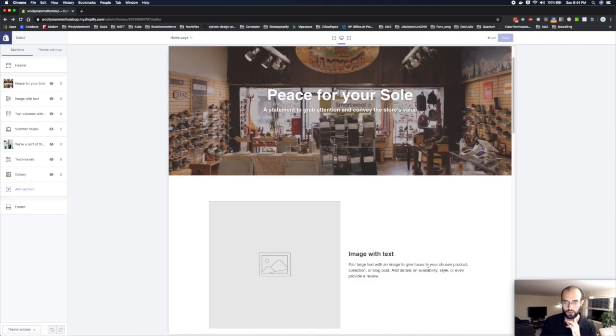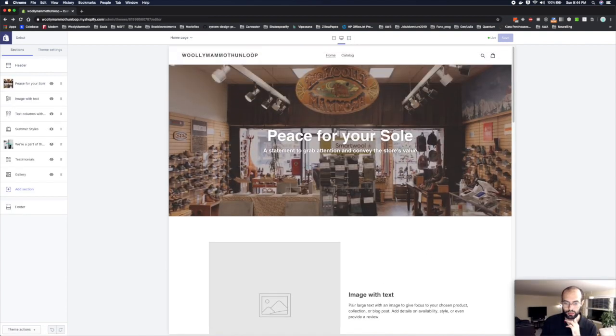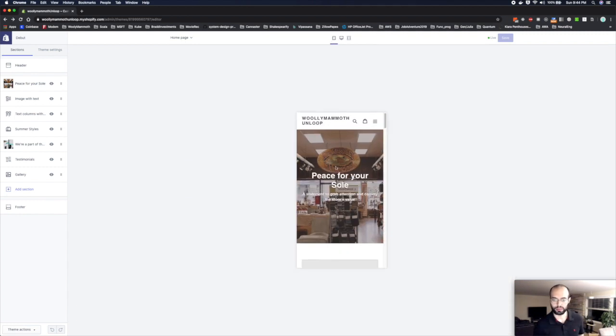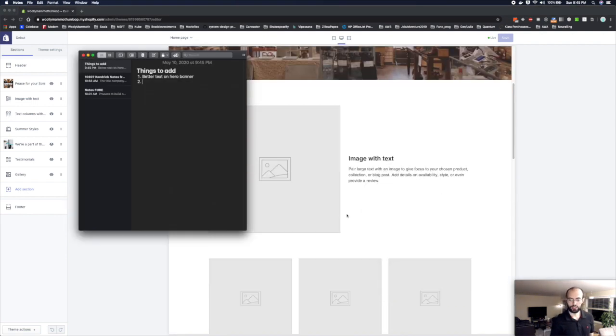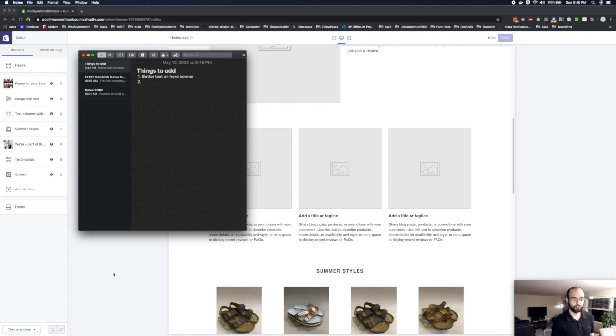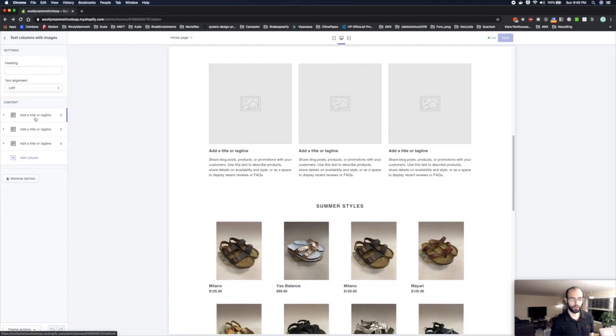So we come in here on the store, and this is the opening thing. Obviously, this needs to get modified, right? So we can start with that because this is not easy on the eyes. White text on a white background like that. We need to somehow modify this. We got these images with text. We have to decide. We can either choose to take them out, right? So we can go right here, these text columns. For example, we can just